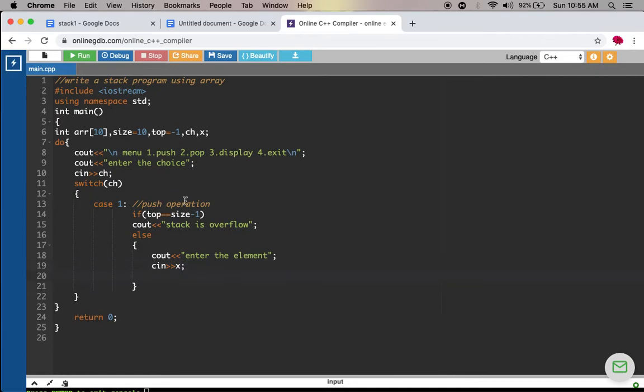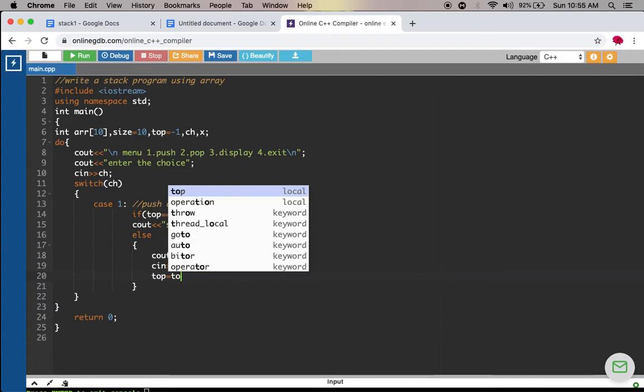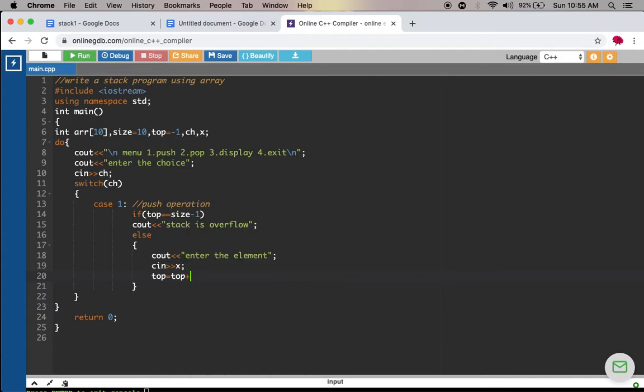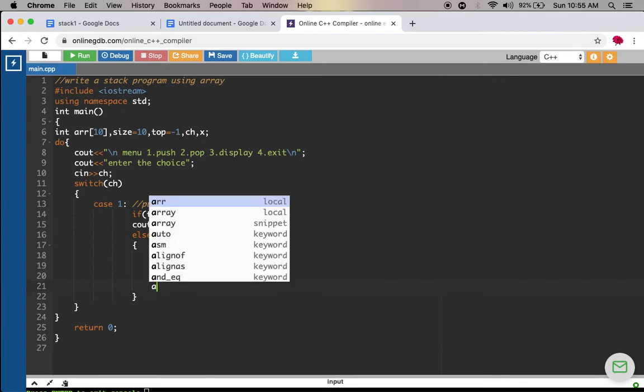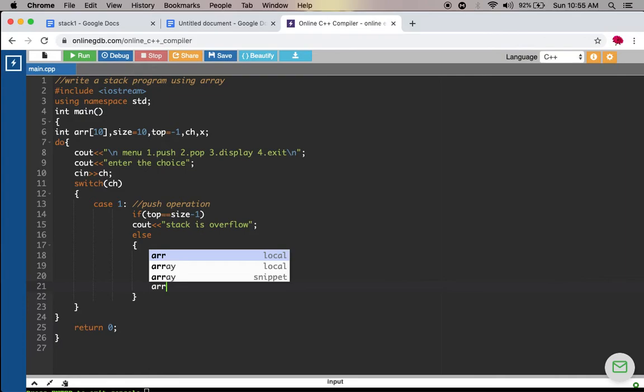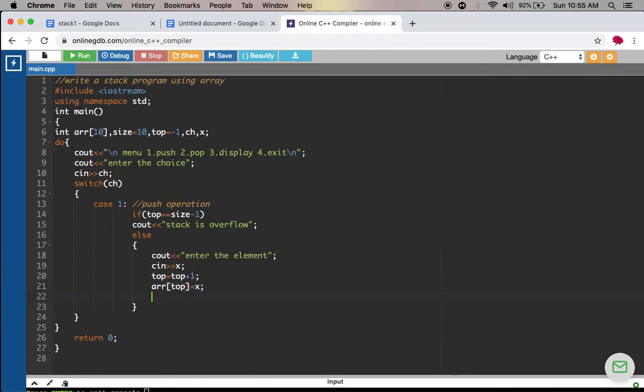In order to store that element into the stack, first you have to increment the top value by 1. After incrementing, the top points to the empty location. In that empty location you can store the element.